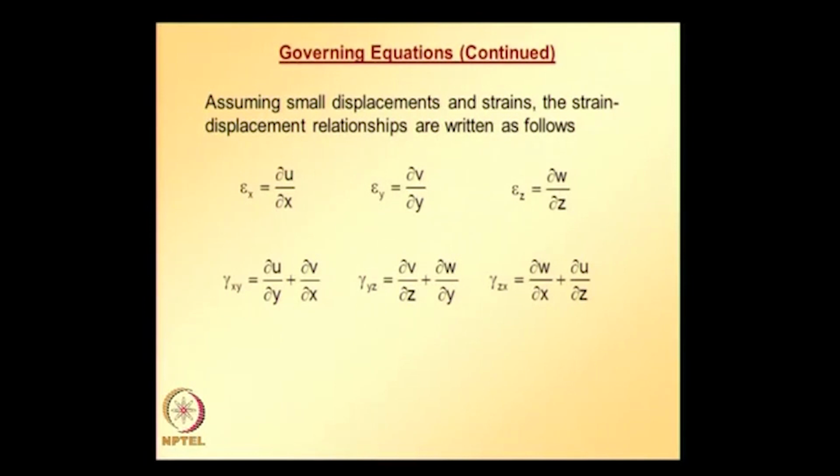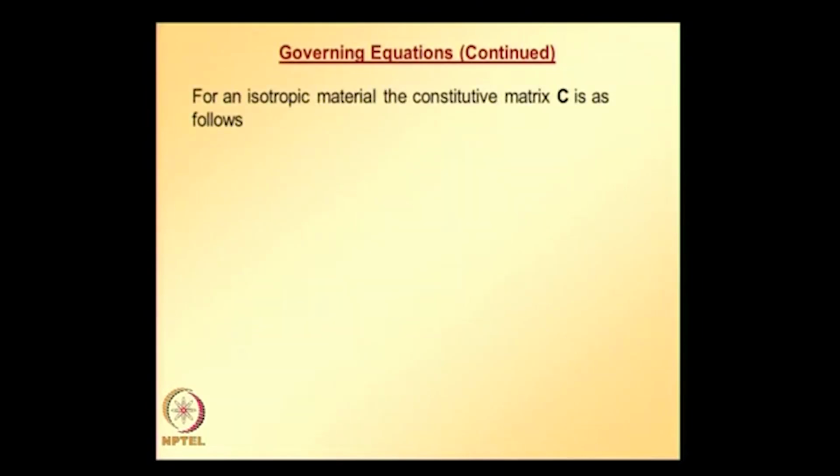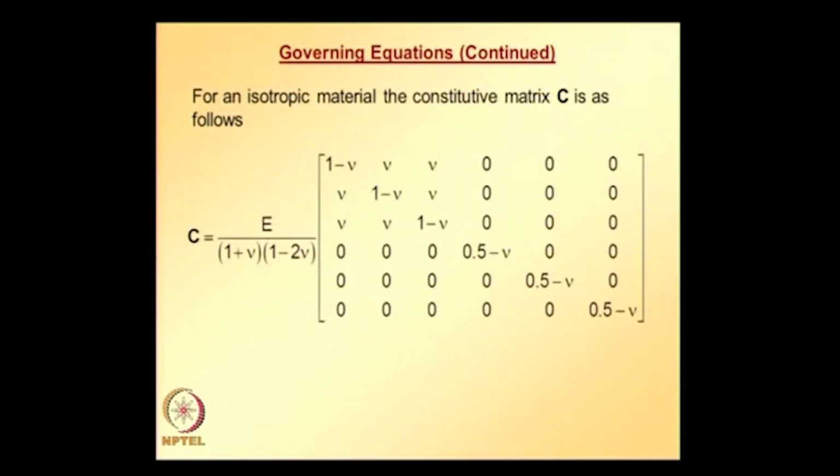Assuming linear elastic material behavior, stresses and strains are related through this equation where C is the constitutive matrix. For isotropic material, the constitutive matrix C is as follows, where E and mu are Young's modulus and Poisson's ratio,